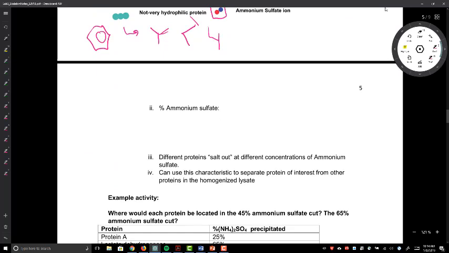All right, and so one of the ways we can quantify and figure out how much ammonium sulfate we can use to get a protein to pop out of solution or to stay in solution is we talk about the percent ammonium sulfate. And so what this means is that at 20 degrees, and for our calculations, it says 0 in the handout, but we're actually doing our calculations at 20, that at 20 degrees Celsius, it takes 536 grams of ammonium sulfate, we're going to abbreviate that AS, to saturate